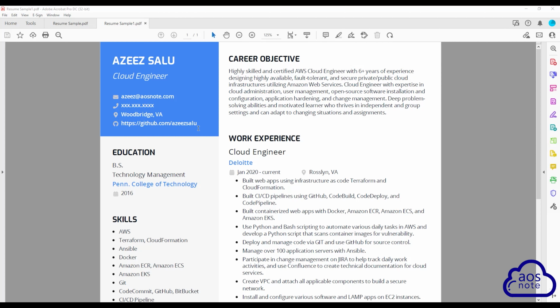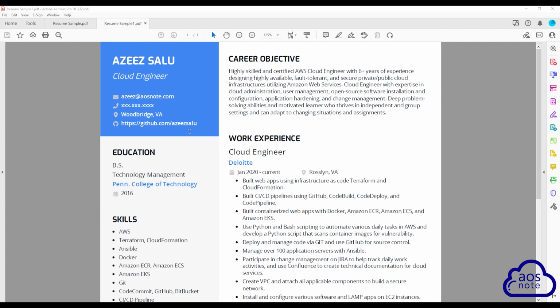In your GitHub account, make sure you create repositories and store all the code for the various projects you've worked on. Then you can add the link to your GitHub account on your resume. Here I have included the link to my GitHub account, and on my GitHub account, you'll find the code for Terraform projects that I've worked on, Ansible projects that I've worked on, Dockerfiles that I've created, buildspec for CI/CD pipelines that I've written, Bash scripting, and Python code. So make sure you store the code for your projects in a GitHub repository, then link to your GitHub account